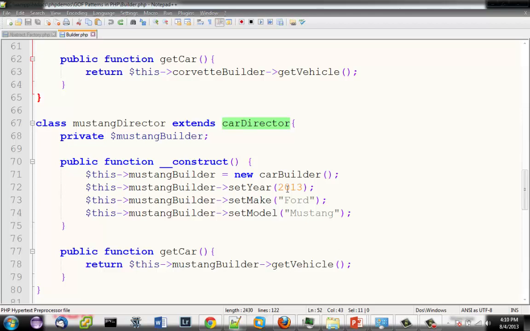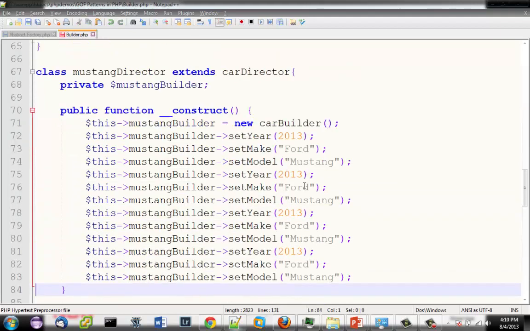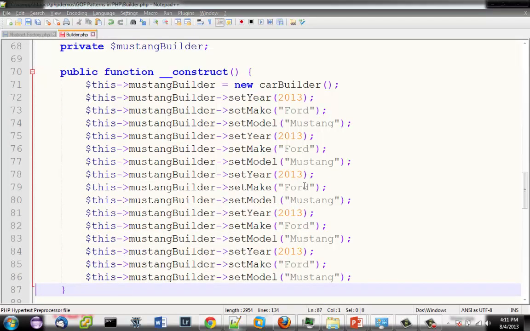But as you can see, if I had a number of properties, it might look more like this, and I have a lot of properties that I'm setting inside of this constructor for an object that had a lot of different properties, and there might be some intelligence to these properties as well when I'm actually setting them.